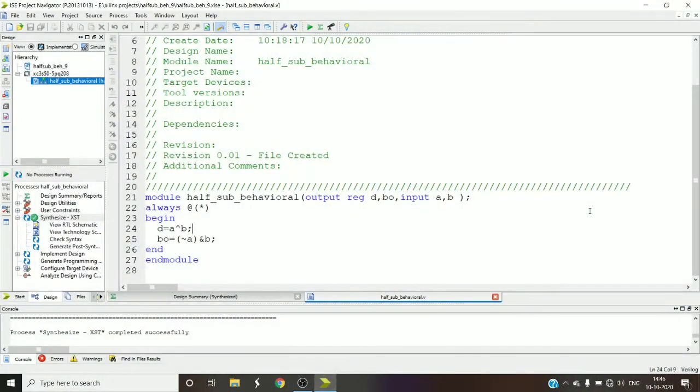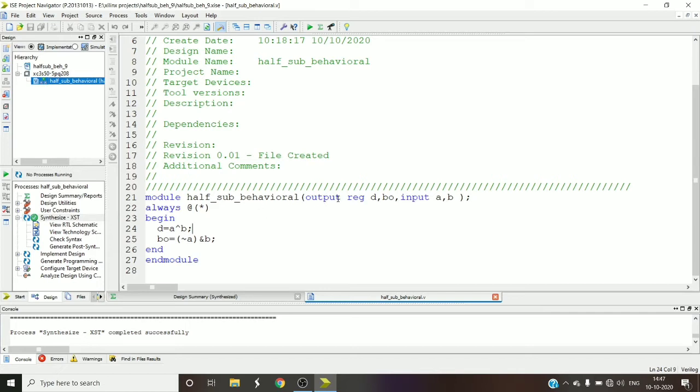In this video, I am going to explain how to write Verilog code for half subtractor in the behavior level of abstraction. I assume that you all know how half subtractor would work and the functionalities of equations like difference and borrow. If not, please watch tutorial number 7 in which I have explained about half subtractor in detail. So now let's continue with this.